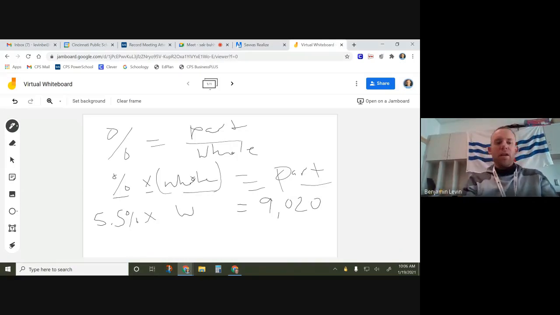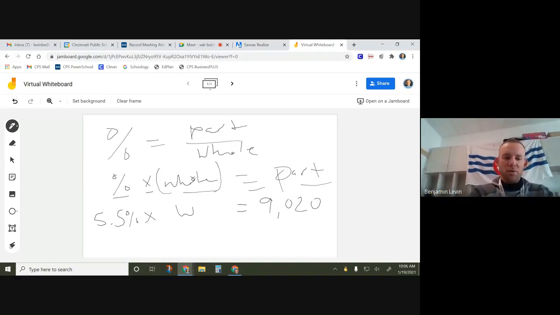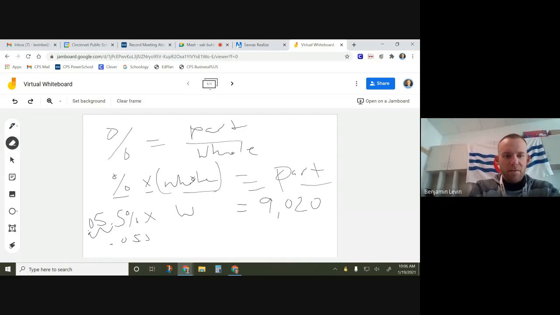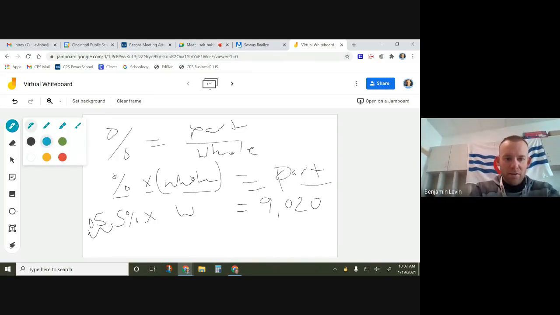So we need to convert this into a decimal, which means we move 2 spots over and fill in a 0. 0.055. Let's make it a different color. 0.055